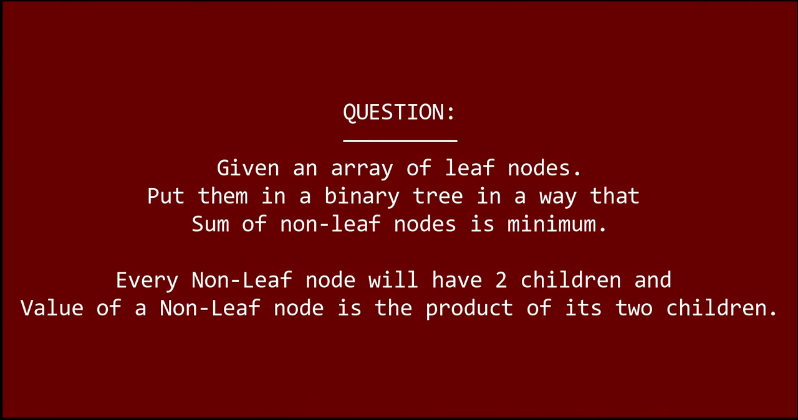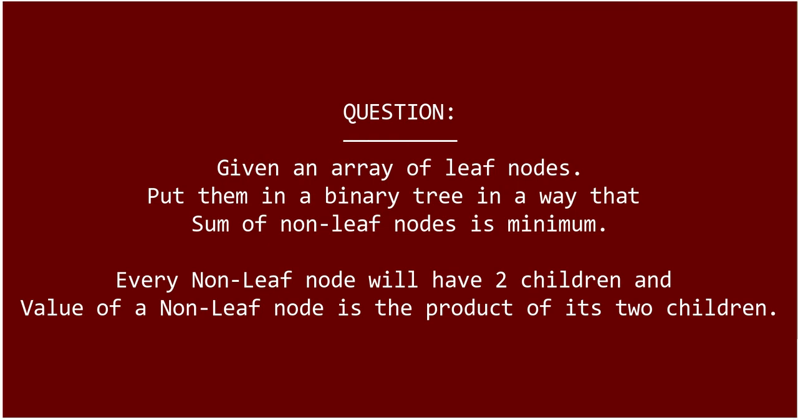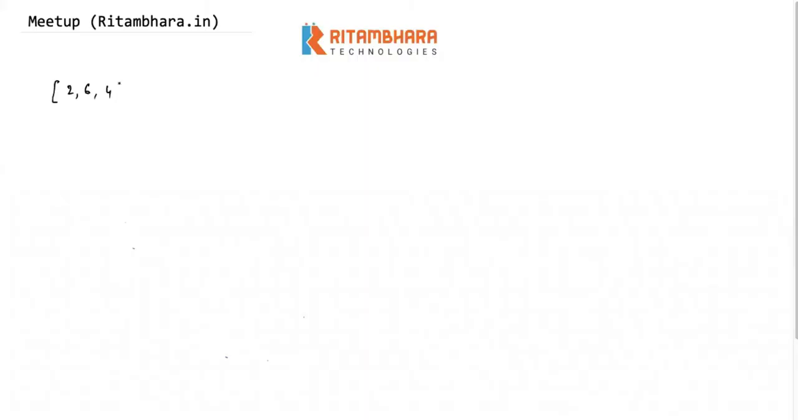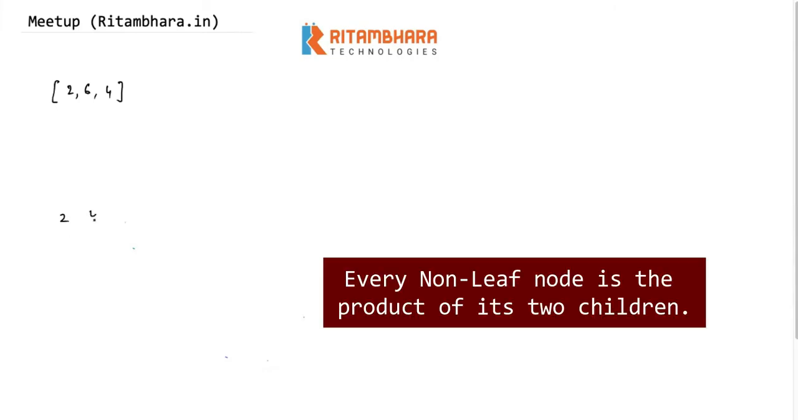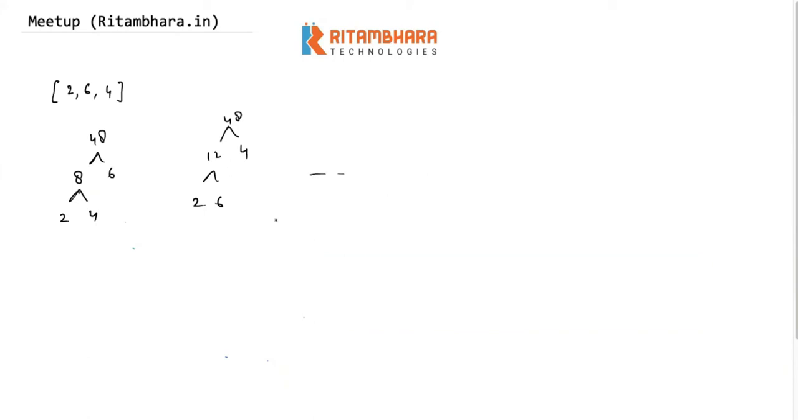So the question is that we are given an array of leaf nodes, right? Let's say this array is 2, 6, and 4. Now with these three leaf nodes, there are so many possible trees. One tree is that I can have 8 and 6, so 48. Second possibility is a tree like this, 2, 6, 12, and 4, this is 48. There can be multiple possibilities, and we want to find the minimum sum of non-leaf